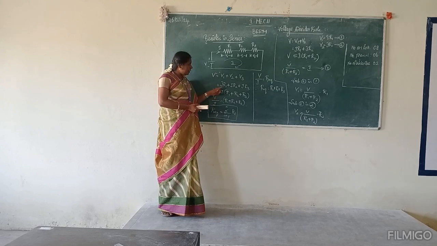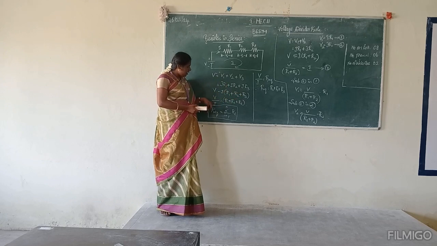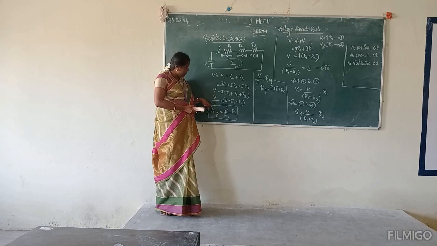So take I common, and it will be R1 plus R2 plus R3. So according to the law, I can bring this I here, which is V by I is equal to